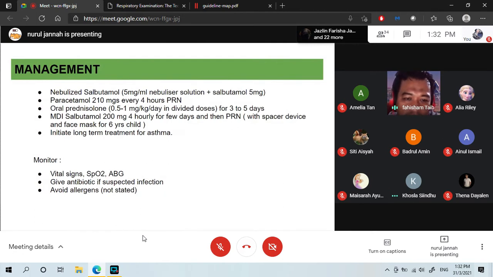And then initiate a long-term plan. What is the long-term plan? The long-term plan for this patient, because we think that the patient might be suffering from moderate persistent asthma, is that they should be given moderate doses of inhaled corticosteroids. So you start with the steroid lah, basically, okay?